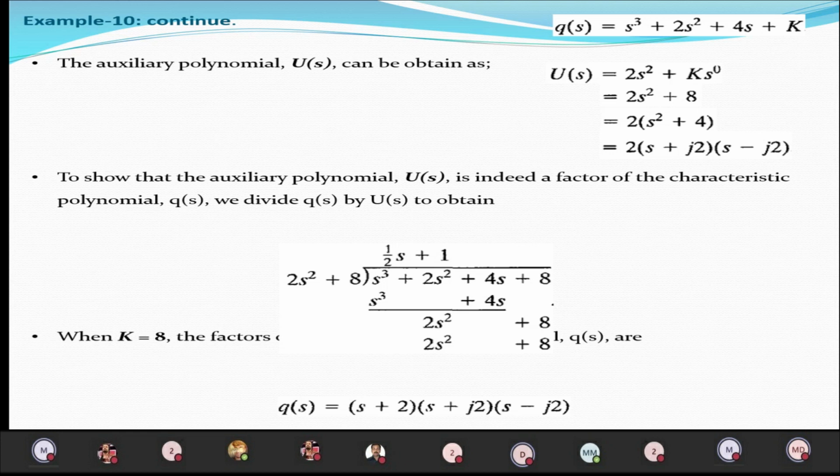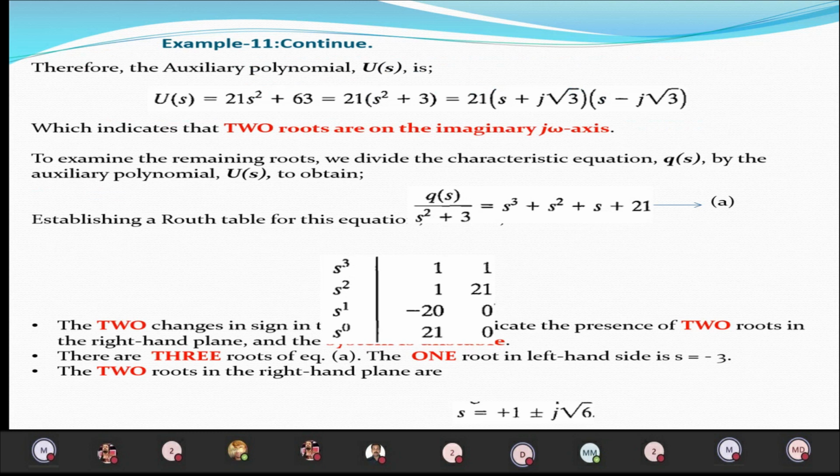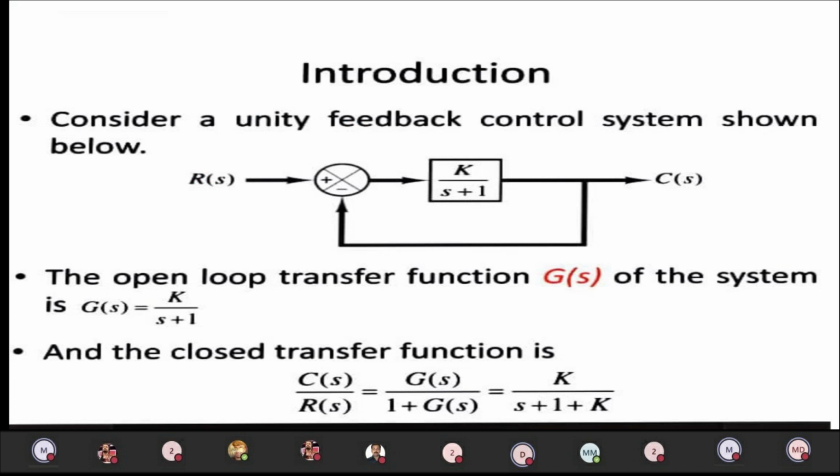Okay, so if the poles are located at the origin, that is marginally stable, and if the poles are located in the left half of the S-plane, then it is said to be stable. Like that, it will be analyzed. So this is what we have discussed: based on the characteristic equation, how the location of the poles is determined. Depending upon that, the stability of the system can be analyzed by the Routh-Hurwitz criterion. So this completes the concepts behind the Routh array, and then we can go with the root locus.